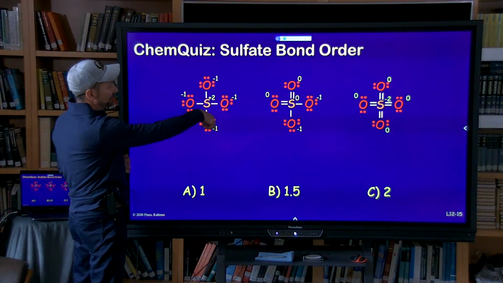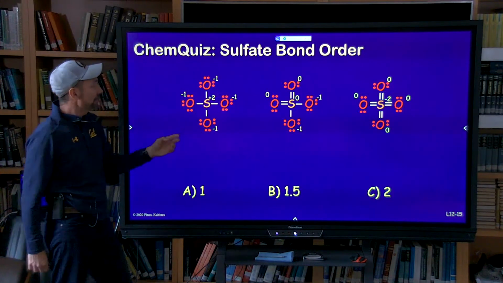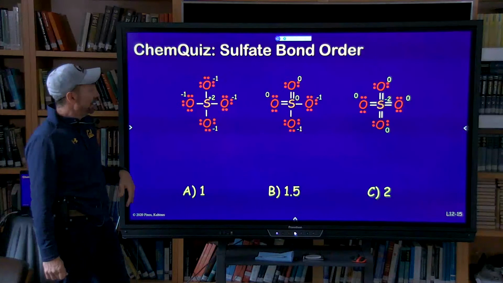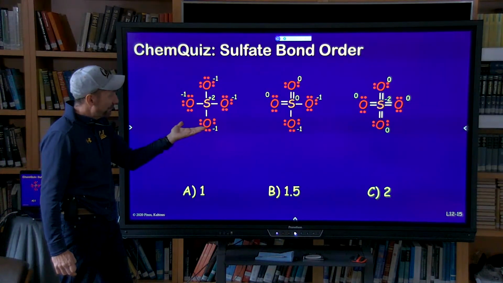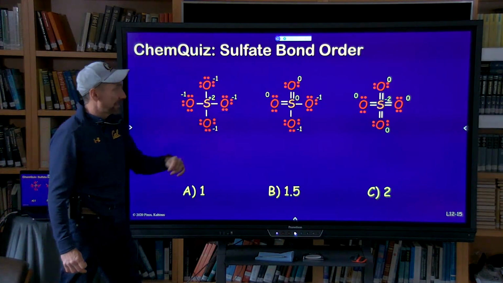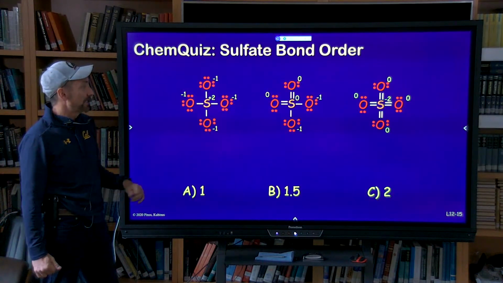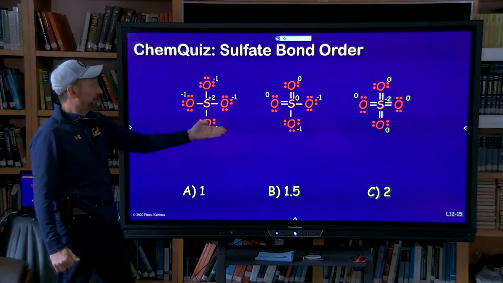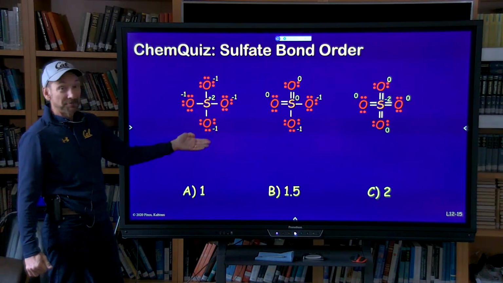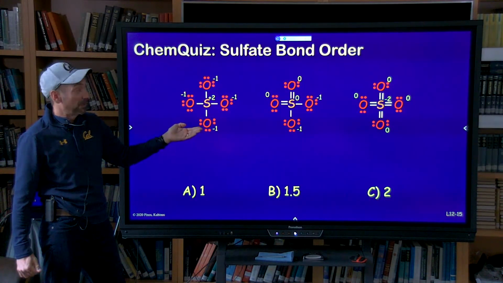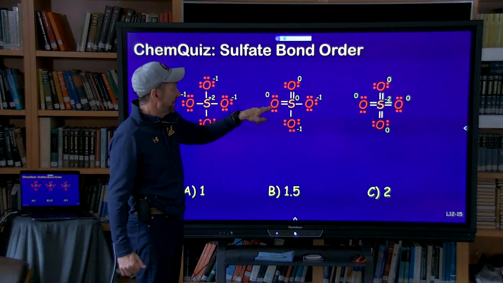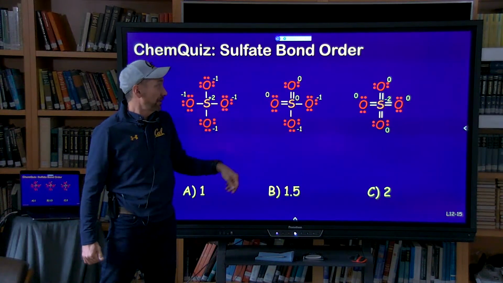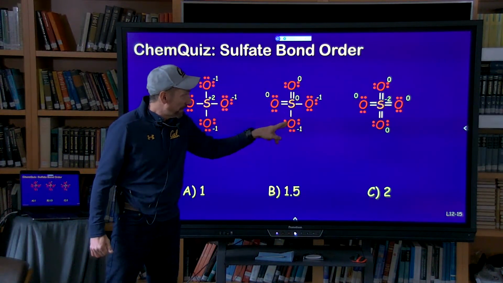This seems like the best way initially because all the octets are full and you're done. But you don't want to stop there. You say sulfur can expand its octet. Will it help me to expand the octet? Share those electrons. And if you calculate formal charges, it would give you a clue. Yeah, that's a lot of formal charges, and they're spread out all over the molecule. If I share just those 2 pairs, that reduces all those formal charges,